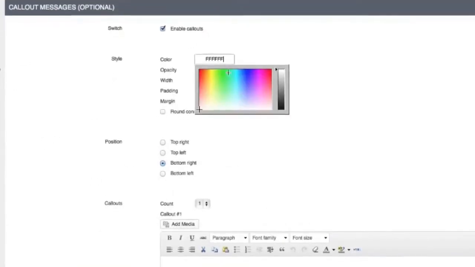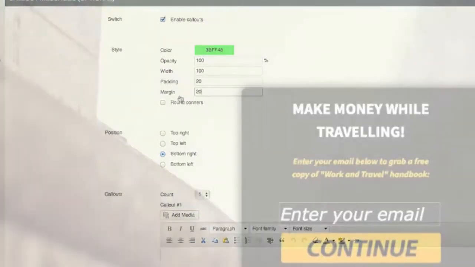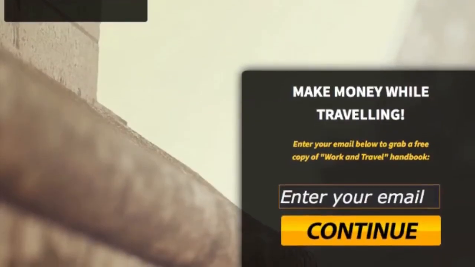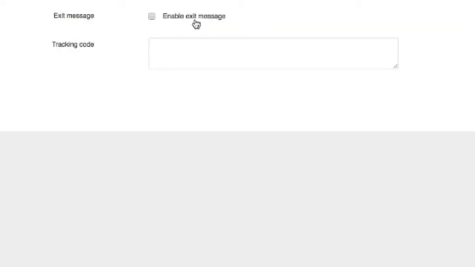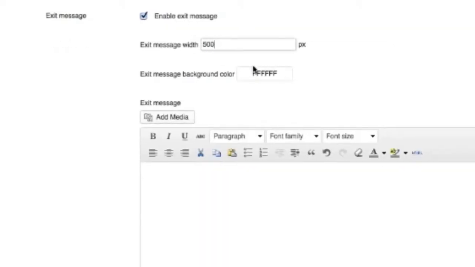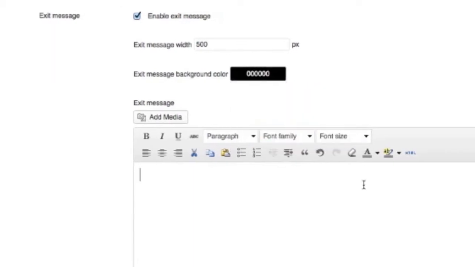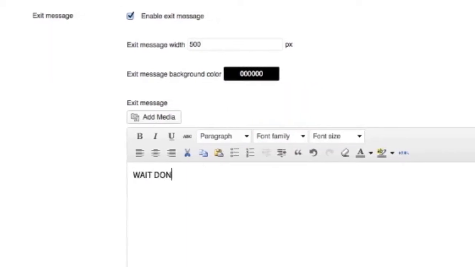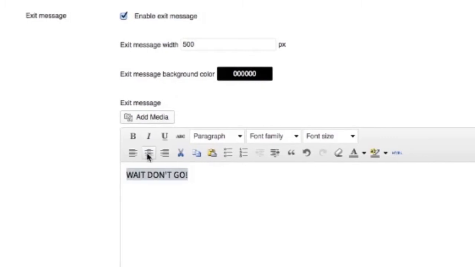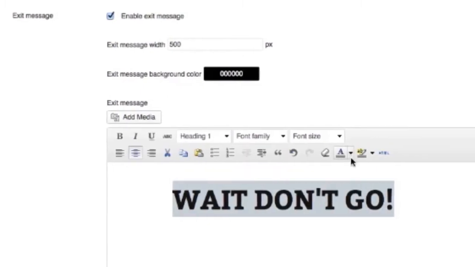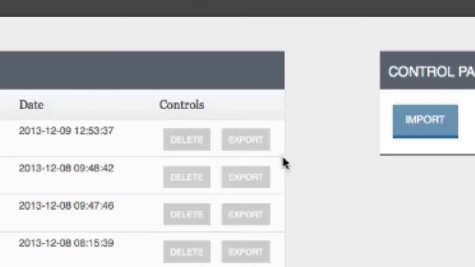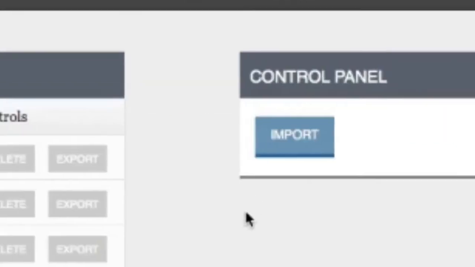Use advanced, unique features to grab the attention of your visitors and instantly convert them to subscribers or buyers. Be ahead of your competitors. Make the most of your traffic. Convert even those guys who want to leave your page. Display an unblockable exit pop-up message that can contain text, image, video, opt-in form, buy now button, or anything else you want. Export and back up your pages or share them with your students, colleagues, or team members.